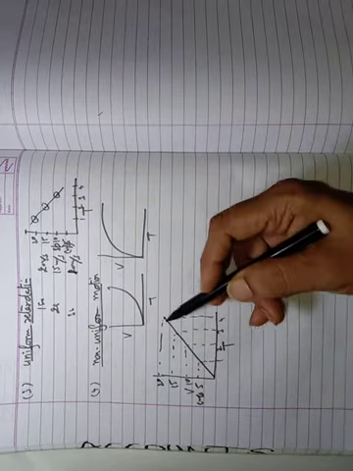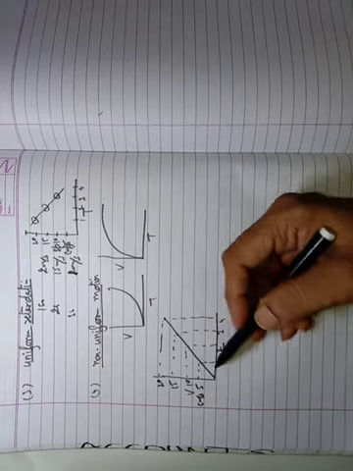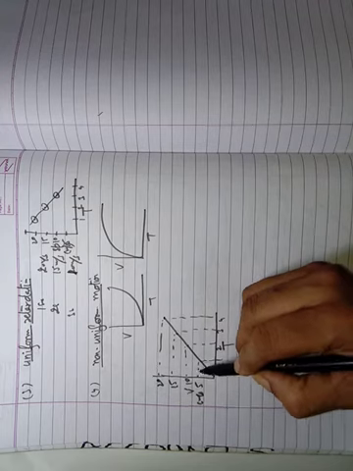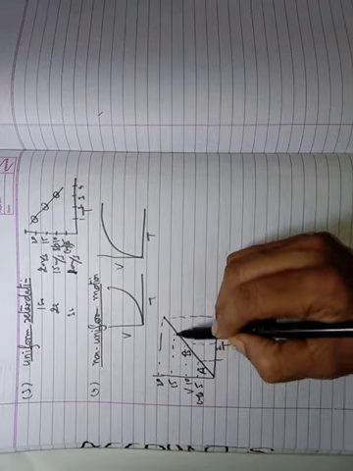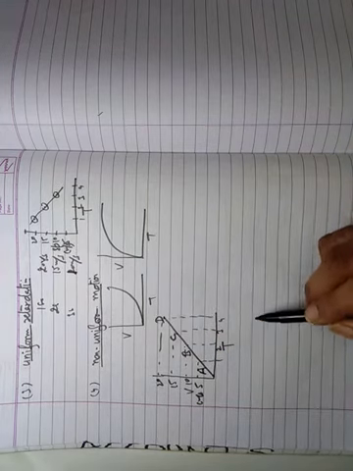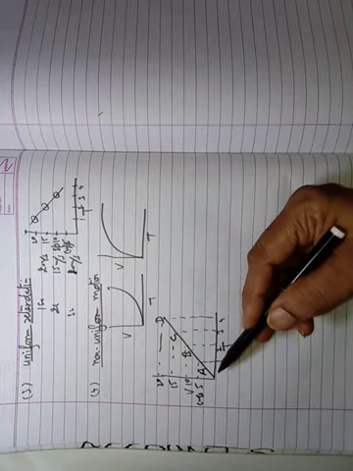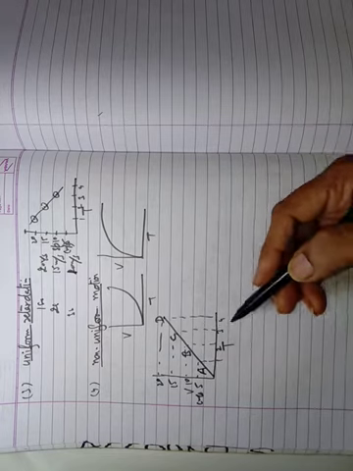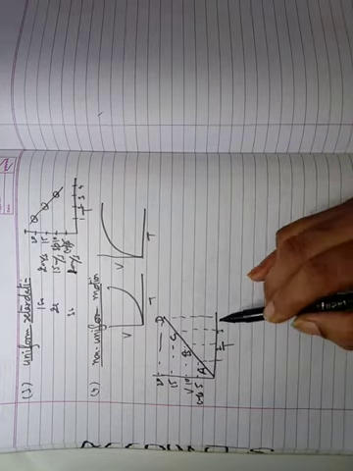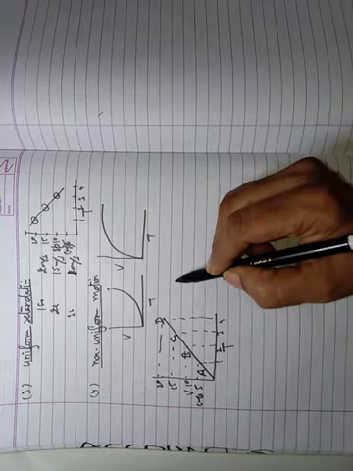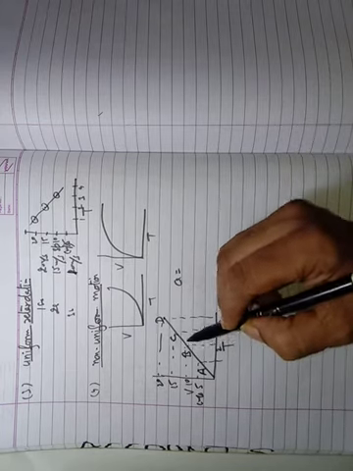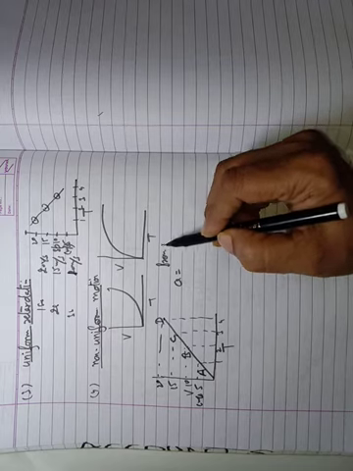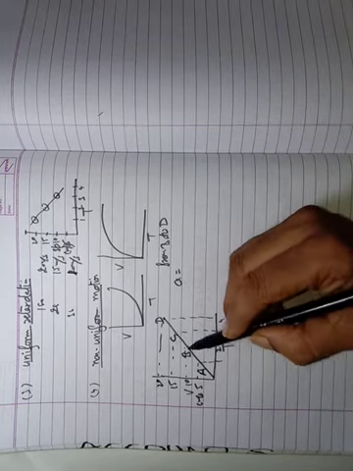We know that this type of graph represents the uniform motion. If you want to find the acceleration of this body, how will you find it? I'm marking here the points A, B, C and D. If you want to find the acceleration by using the VT graph, we can find it by using the slope of the graph. It means, suppose you want to find the acceleration from B to C, from B to D, let's take B to D. Okay, from B to D.